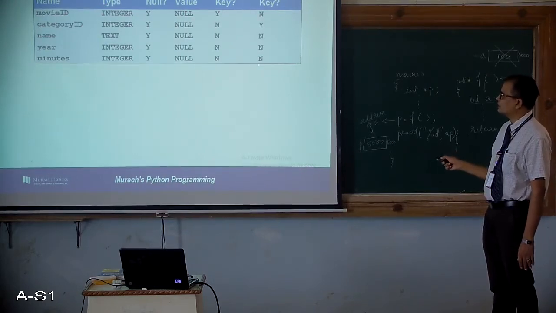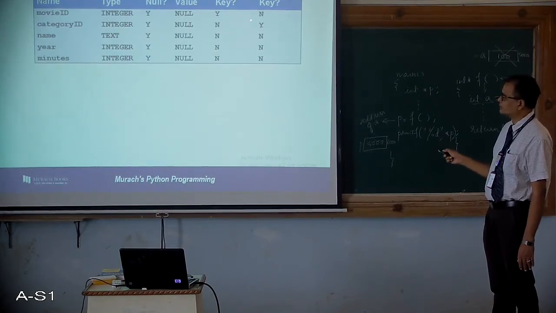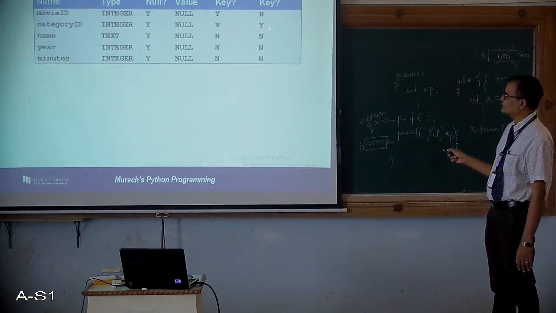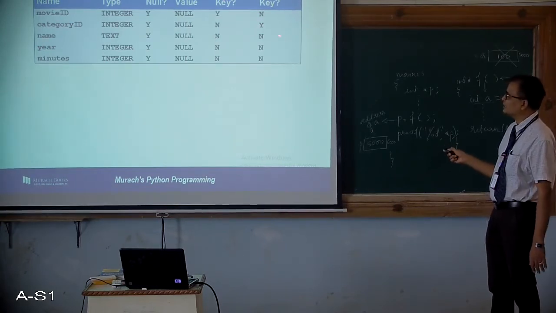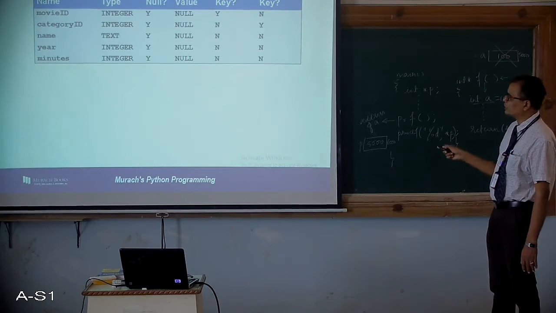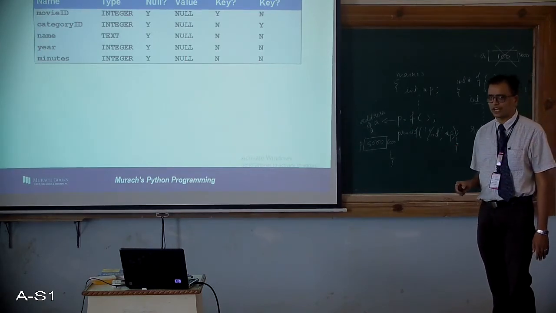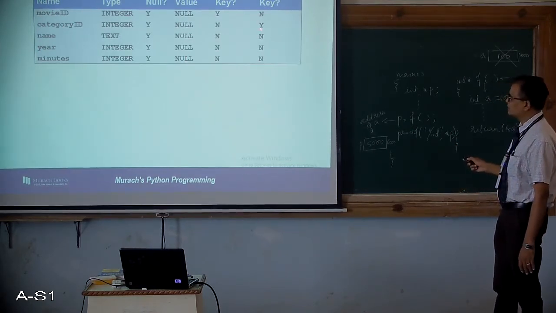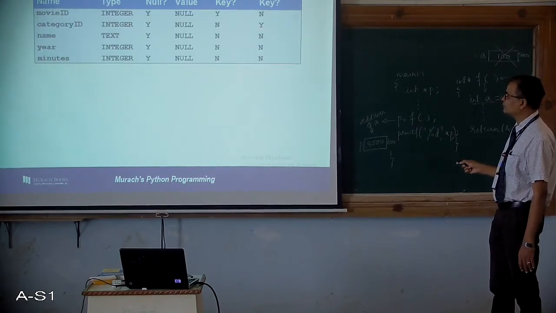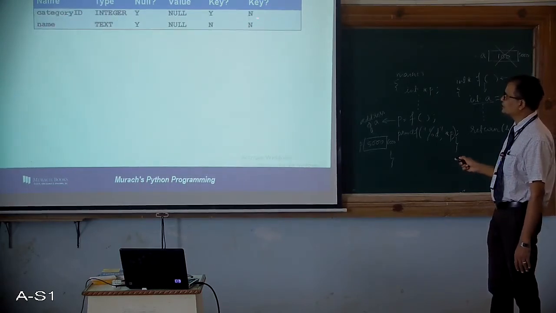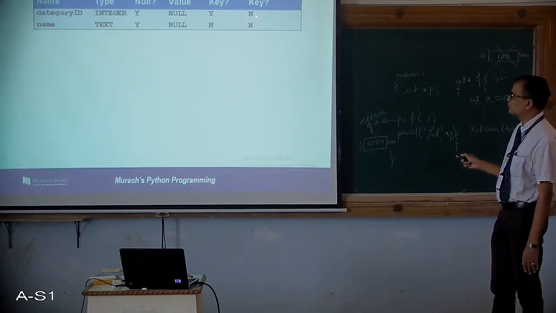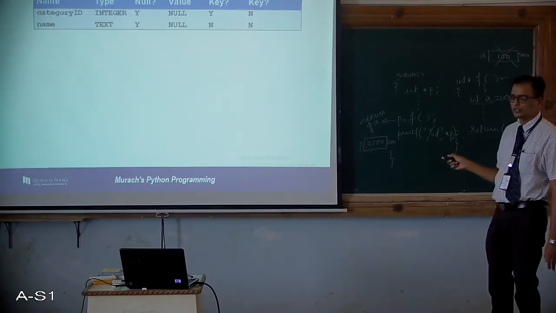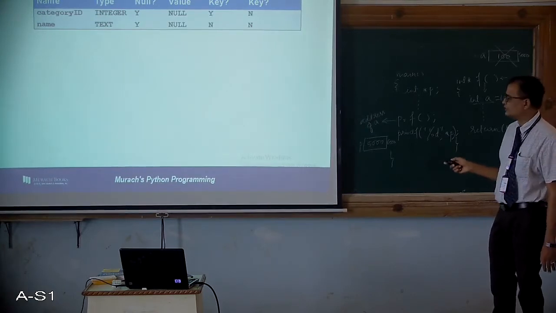Then whether do we have foreign key, whether we are referring to a particular field as a foreign key in some other table? Yes. Which one is that? That is category ID. This category ID will be referring to a primary key of another table, that is category table, right? That is the reason why this is written as Y. Please don't get confused as this is written no. It is written no because this is not referring to any other table. It is its own field.